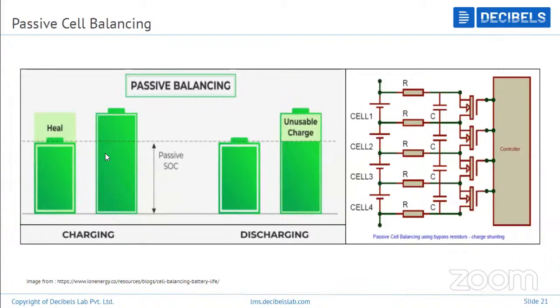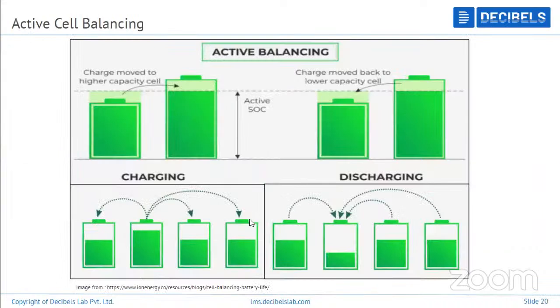So for example, cells 1, 2, 3, 4 are present. If cell 1 has an excess amount of energy with respect to the other 3 cells, there will be a shunt resistor, which I showed you on the hardware level. It will draw current through it and just dissipate it in the form of heat. So here the disadvantage is you're wasting the energy. You're not able to use that part. But it's not a complicated way of balancing. It's very easy. But when you compare it to active balancing, you're using